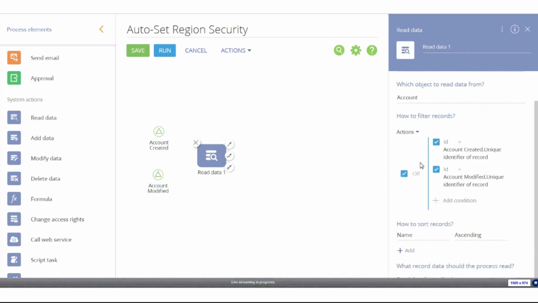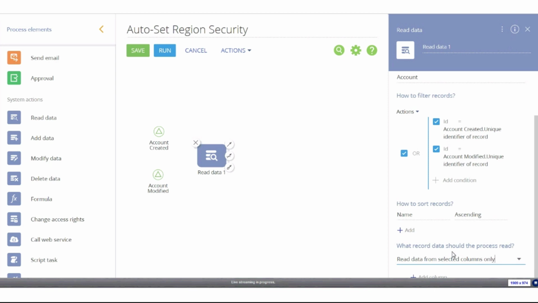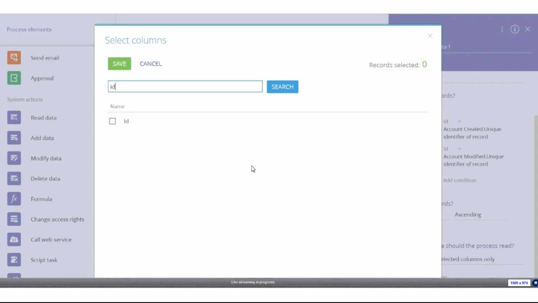Down here at the bottom, we need to define what exactly we are reading from that record. Down here where it says read data from all columns, I'm going to switch that to read data from selected columns only. And I define those columns down here. So the only information we're going to need is the ID of the account record that we'll be modifying the access rights on. And we also need to know what region it was set to via that new lookup. So I go ahead and select those two columns, go ahead and hit save, and we see that displayed down